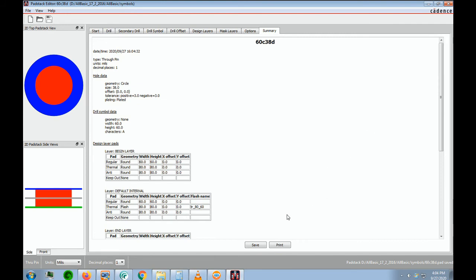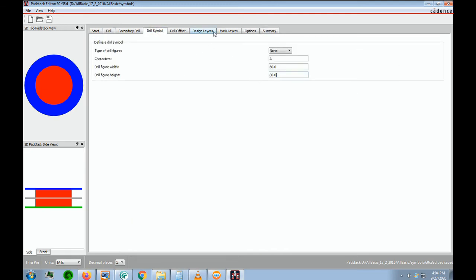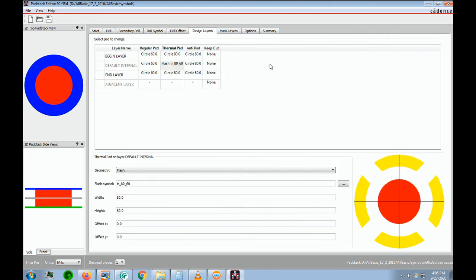So now that we have that all done, anytime you use a round pad, you're always going to use a square pad. Since we have everything done with the drills and the drill symbols and all of this other design stuff, it's very easy to just take all that data and make a square pad,